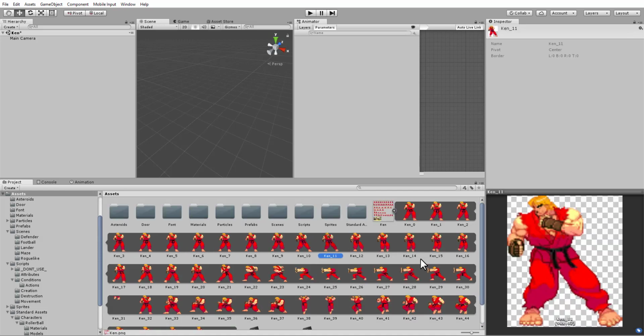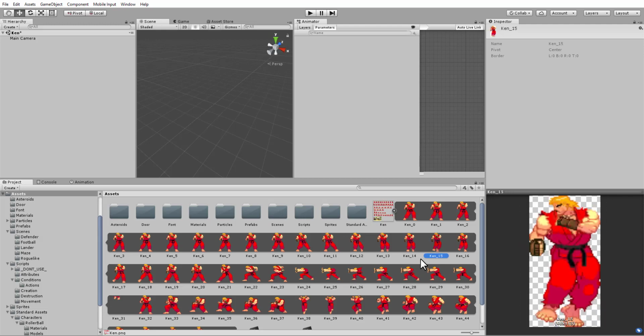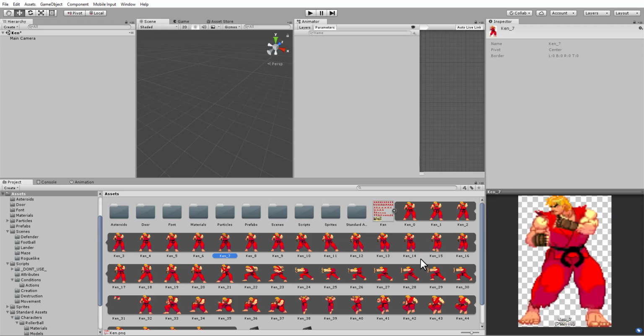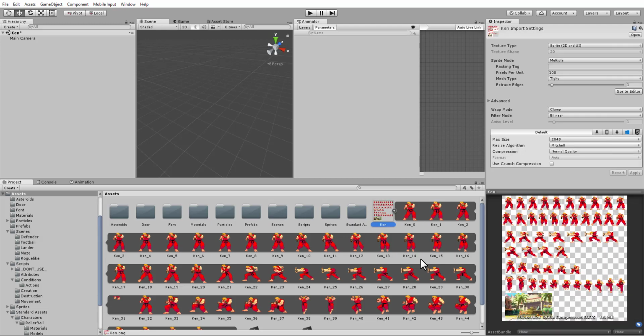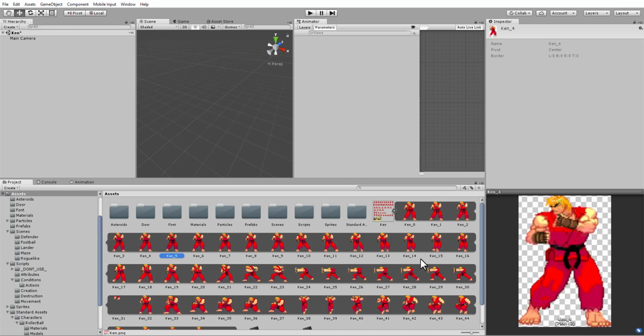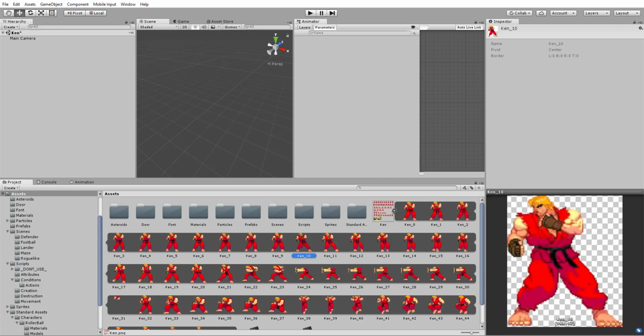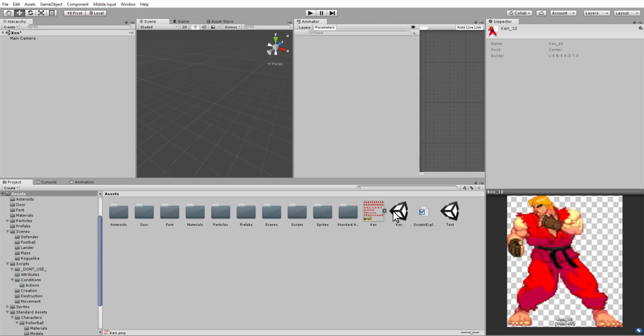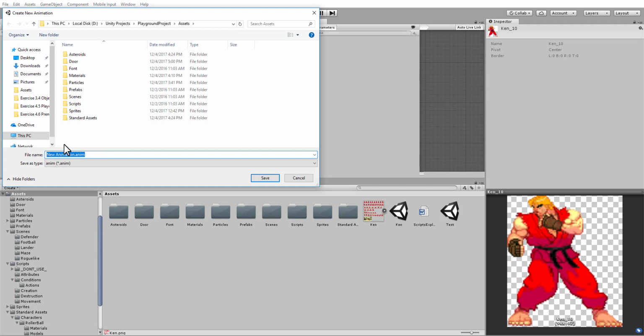Okay, so now what we're going to need to do is break down some of these series into animations or animation clips. If we look, we have Ken 0 through what looks like Ken 9, and this is all one long idle animation for him. So I think we'll start there. The very first thing I'm going to do is take my sprite here, go back into 2D mode, and drag Ken into our viewport,